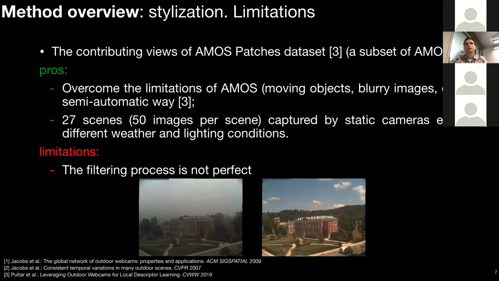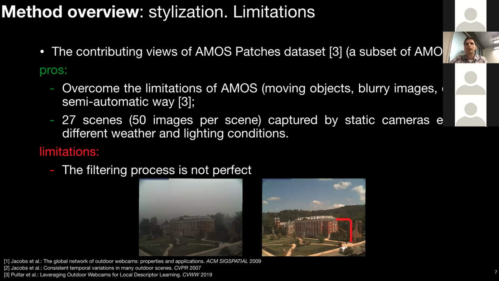Milan Pultar tried to overcome some of the limitations of the original Amos dataset. He introduced a semi-automatic procedure to remove some bad images, some low-resolution images from the original Amos dataset, and removed moving objects and blurry images. As a result, there is a data set representing 27 static scenes, 50 images per scene, captured by static cameras exhibiting different weather and lighting conditions. However, the filtering procedure proposed by